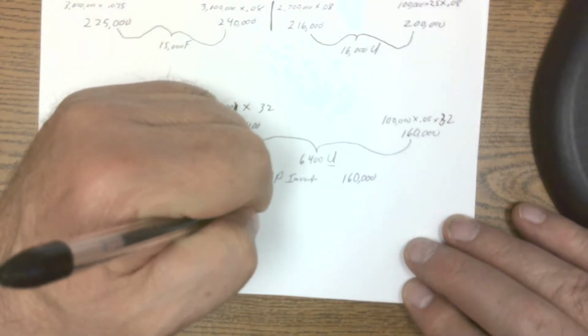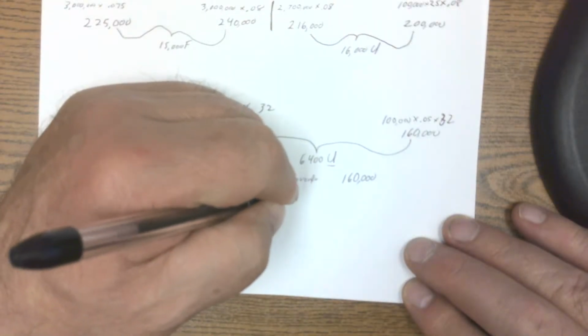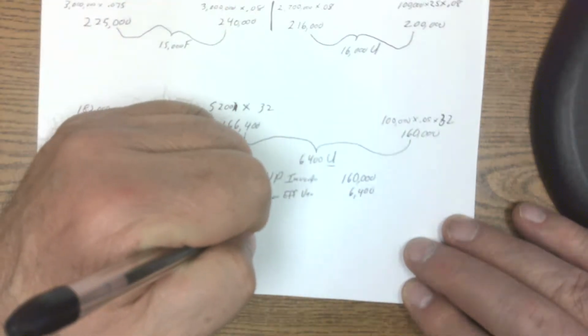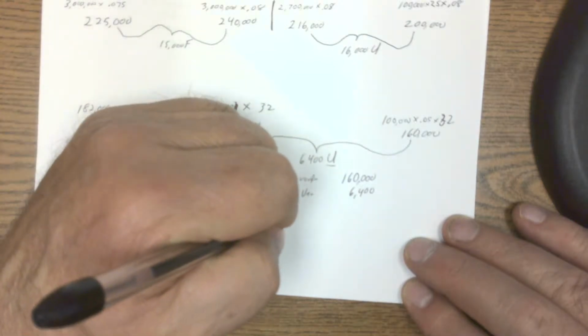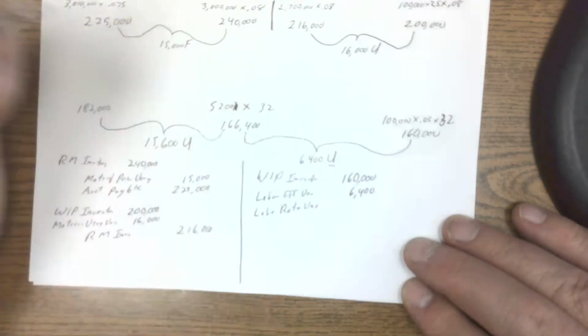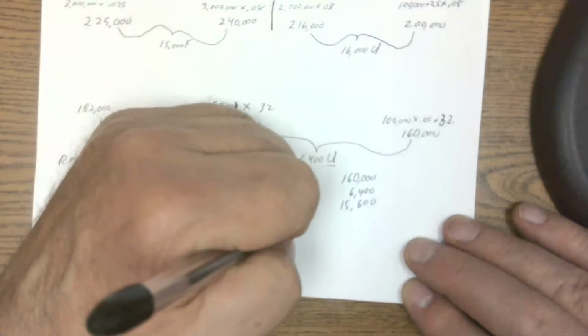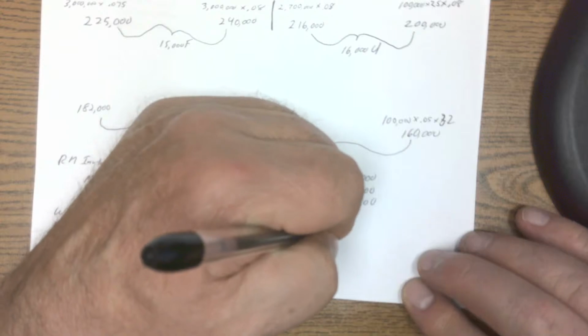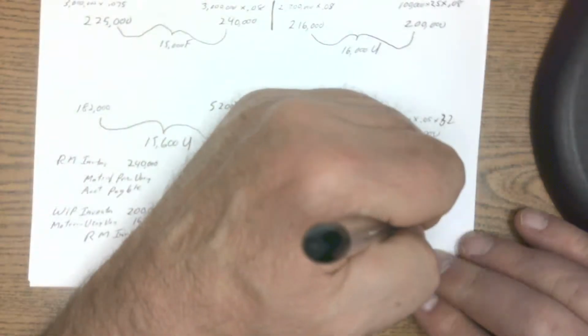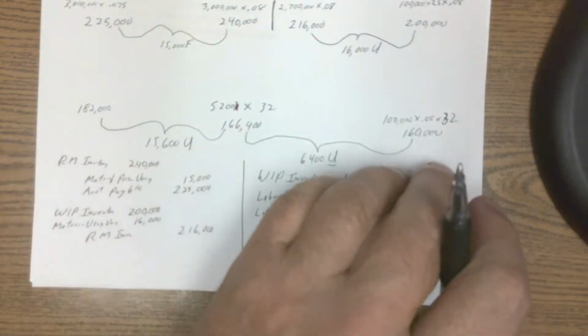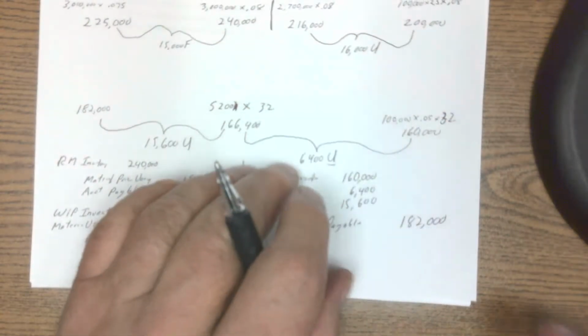We will have the labor efficiency variance of 6,400, the labor rate variance of 15,600 and wages payable of 182,000. So, all right, so that's number 6. Number 7,